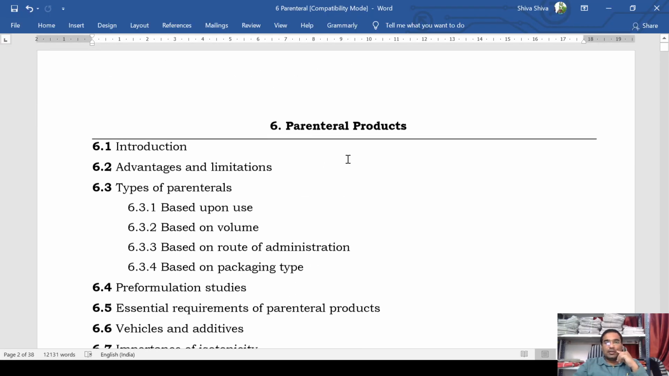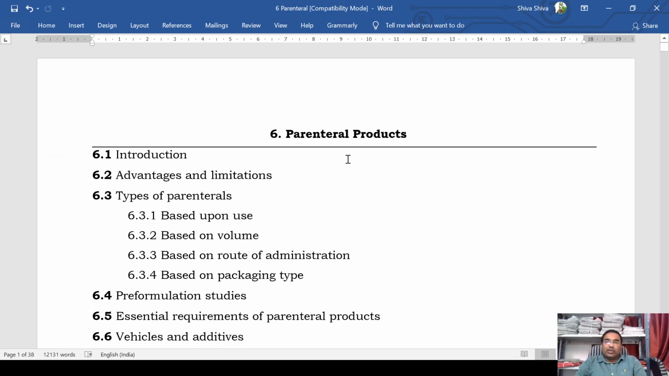Good morning, class. Today we will start with a new chapter of our industrial pharmacy. One subject is parenteral products. In the chapter on parenteral products, we will